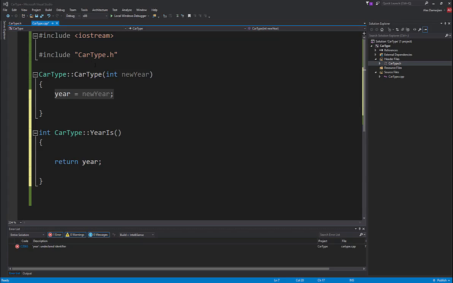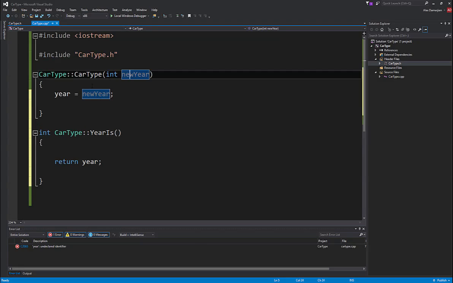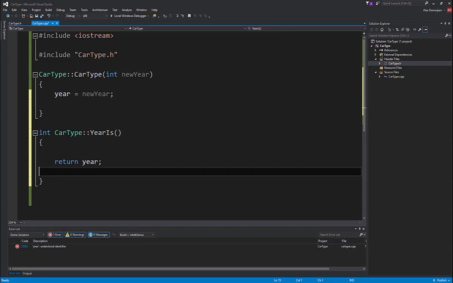So now that we have our 2 files, just to kind of review, inside of our CPP file, we've created a connection to the constructor. We're receiving in year from here, from our private variable. We've defined it here, and we're utilizing it inside this class. So year equals new year. This is assigning it. The way that we're going to return it is in this car type yearIs function that we created, and all it does is return year. In the next video, we'll look at creating another main CPP and how we implement